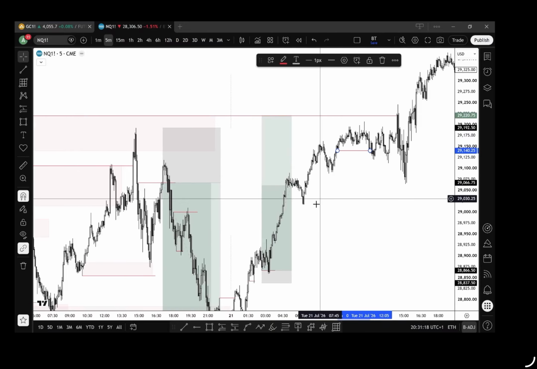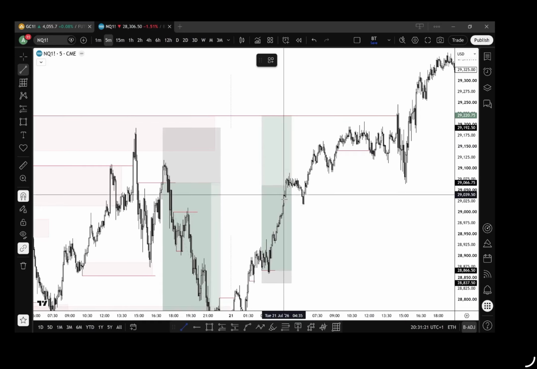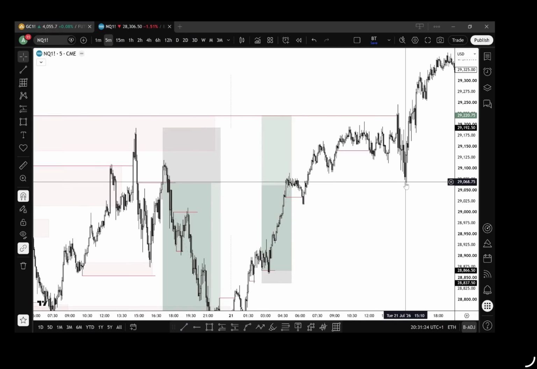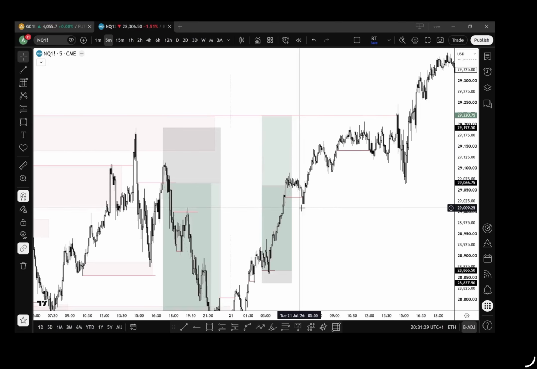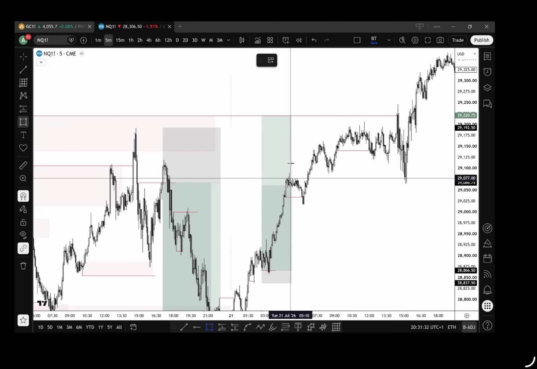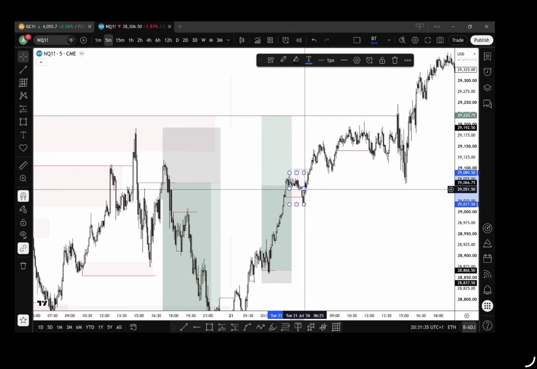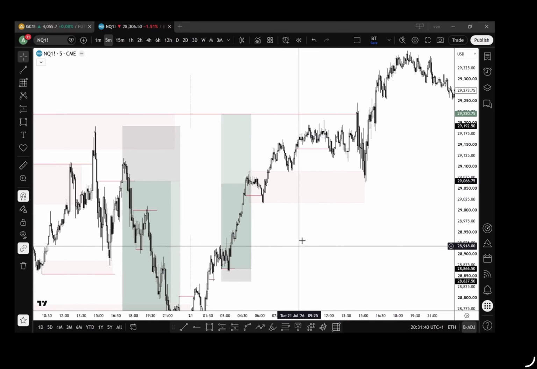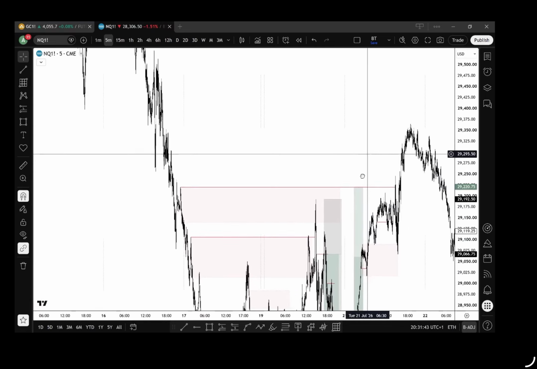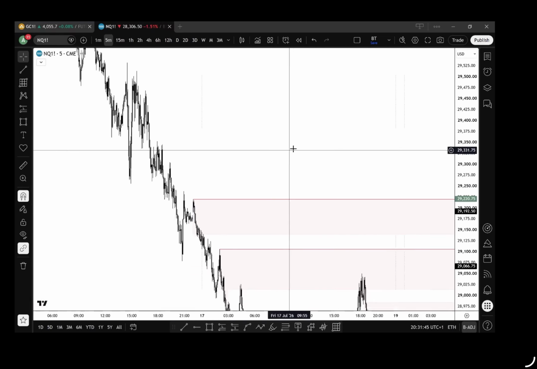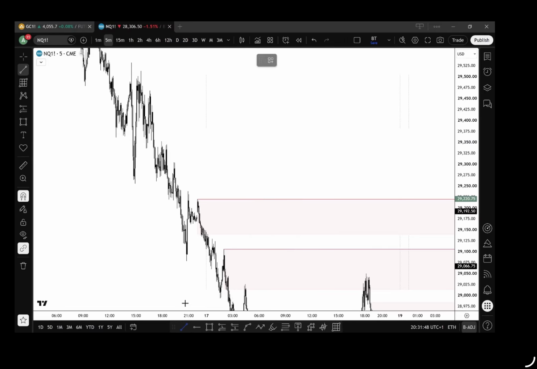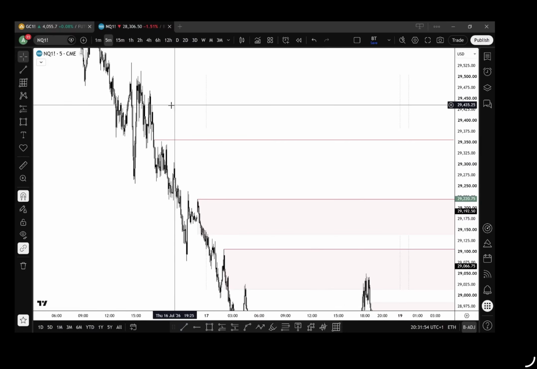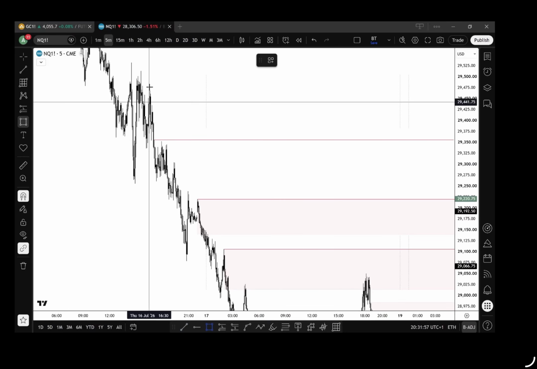Now I wouldn't trust this as an LB, okay. This isn't something I'd take, where we come, and I believe this was on the open, we induce higher and then trap. I would have waited. Why? Because we essentially respected this, okay. So we have liquidity there. I was expecting these lows to go, but then we come up higher, and then you can see how we take, okay, all this liquidity above. Okay, so look at where we respected these highs. We come into an LB area. So this is an LB.